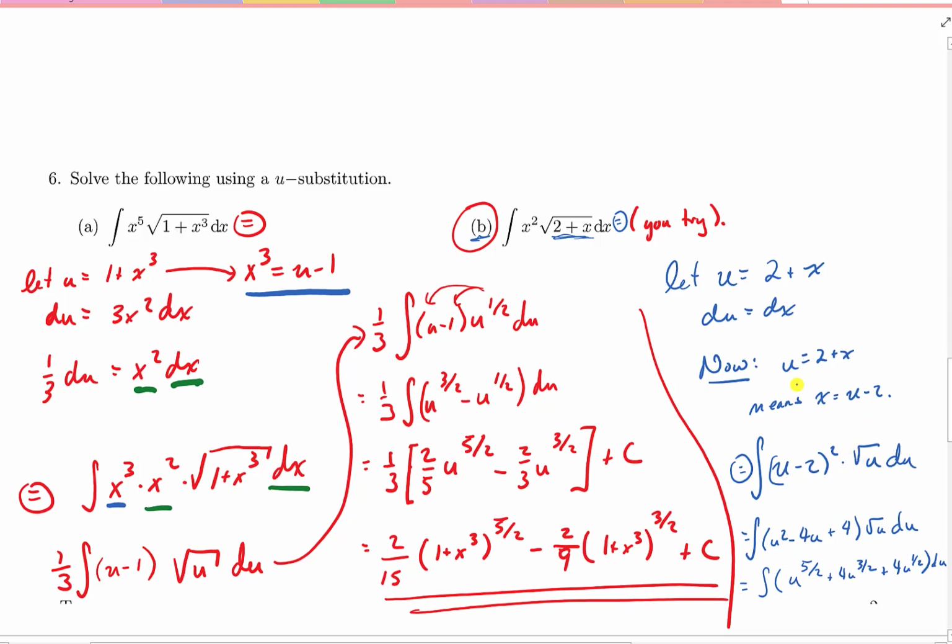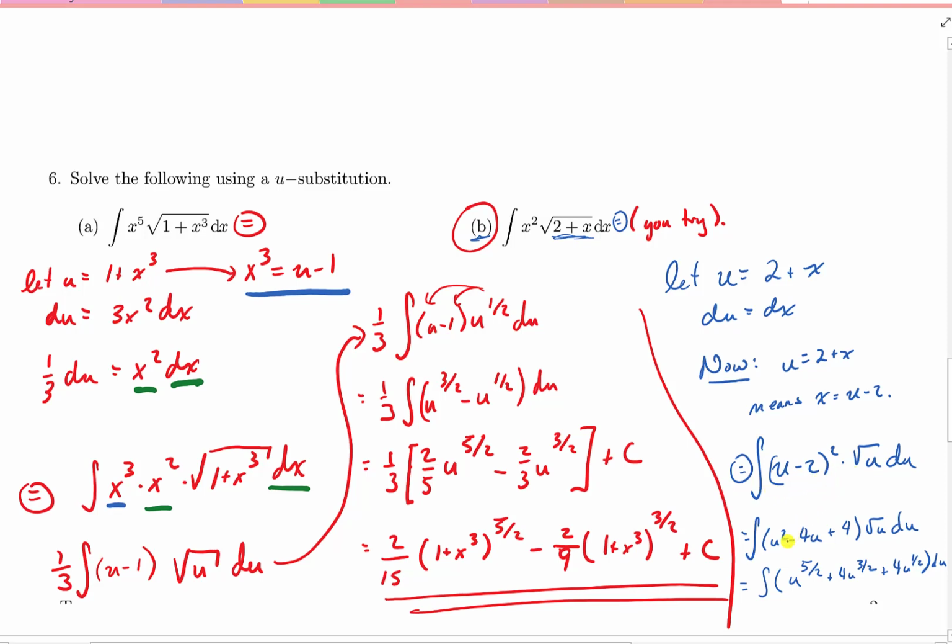And then there's the square root from the original integrand. And then in place of 2 plus x, I put u. And then in place of differential x, I put differential u. Okay. You've got all the tools to solve this, and I did not finish it out, but I went ahead